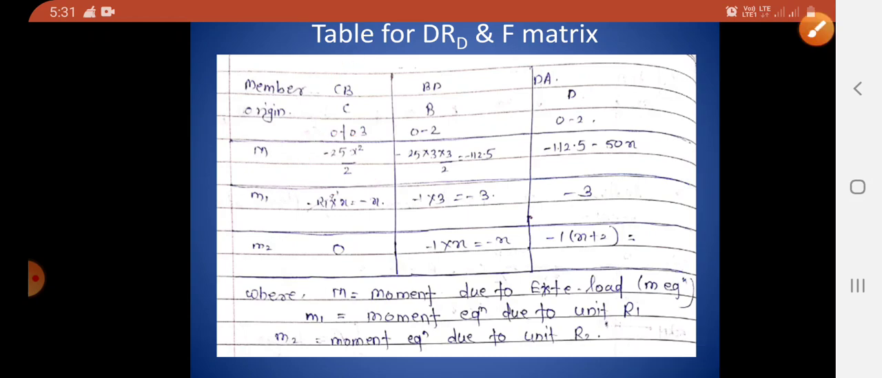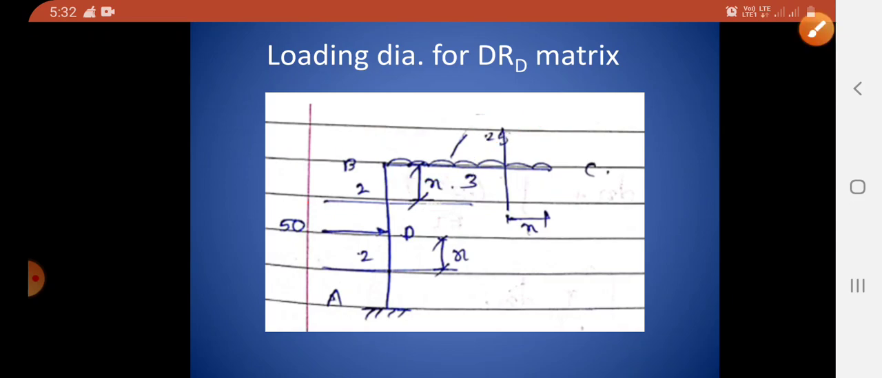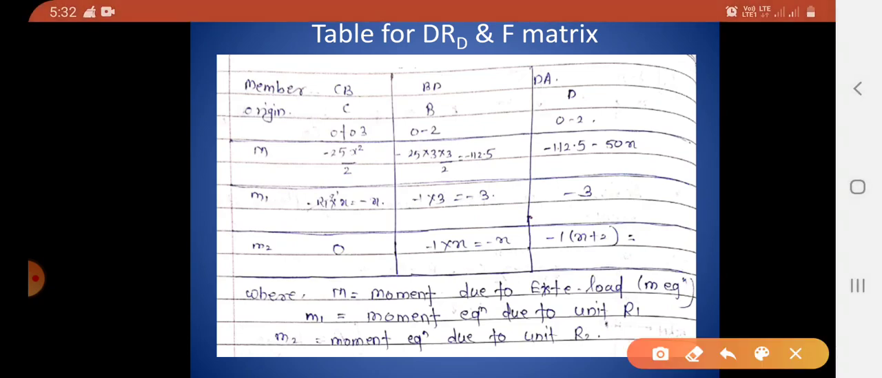Then we will go to the second part BD. Again, now I will take section 2 in part BD. Again, considering the right hand side of the section, this UDL is acting. So the moment of this UDL to the right of the section is again hogging, that is minus 25, that is W into L, which is 3, into L by 2. So W L square by 2, and which is hogging, therefore minus. So again in the table, the bending moment equation is minus 25 into 3 into 3 by 2, which is